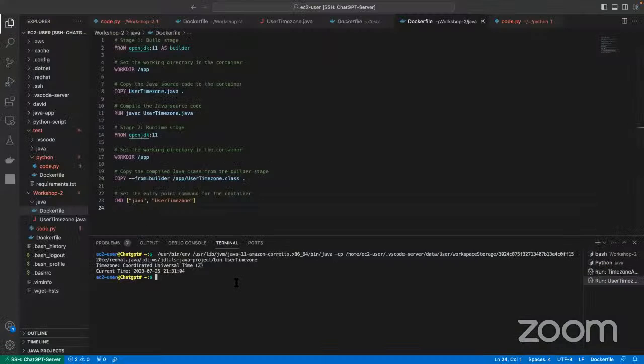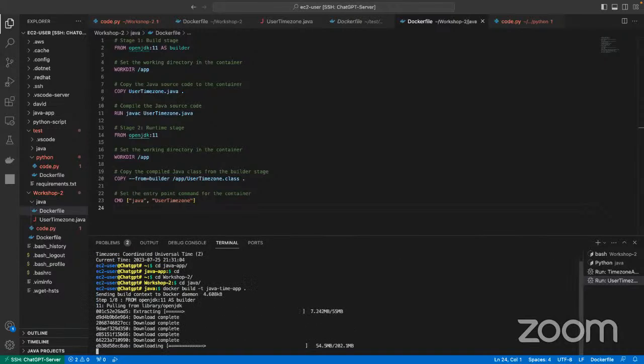getting back to my terminal. Okay, just hold on, guys. Yeah, you see my Dockerfile has been created. So first it's checking my local machine whether I have the image or not, and after that it's going to build it as well.